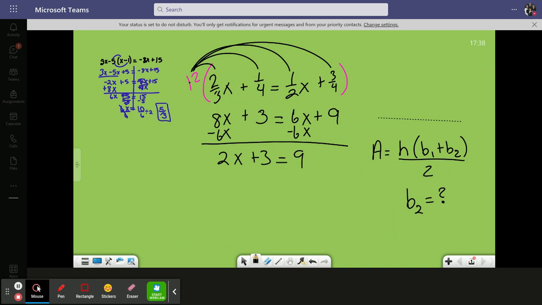Subtract that 3, divide by that 2. And x equals,